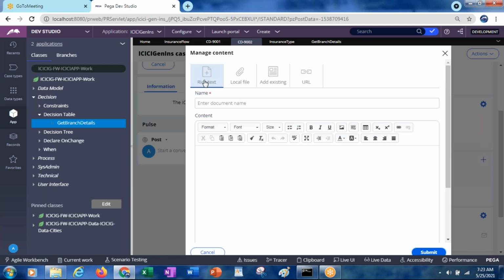You have options like rich text, local file, and add existing URL. If you want to add a local file, select this.